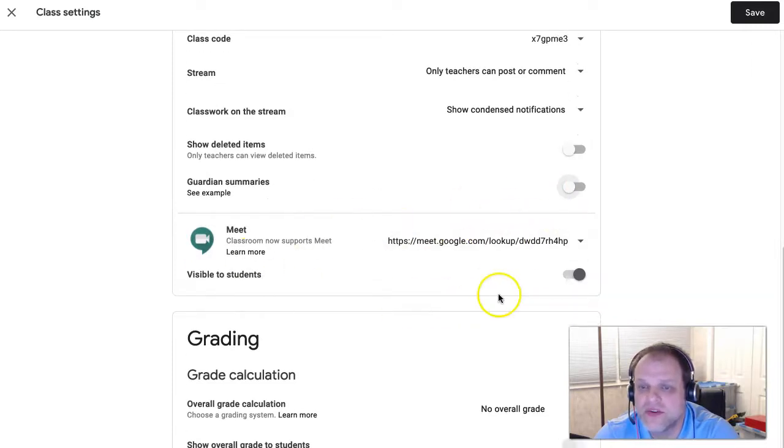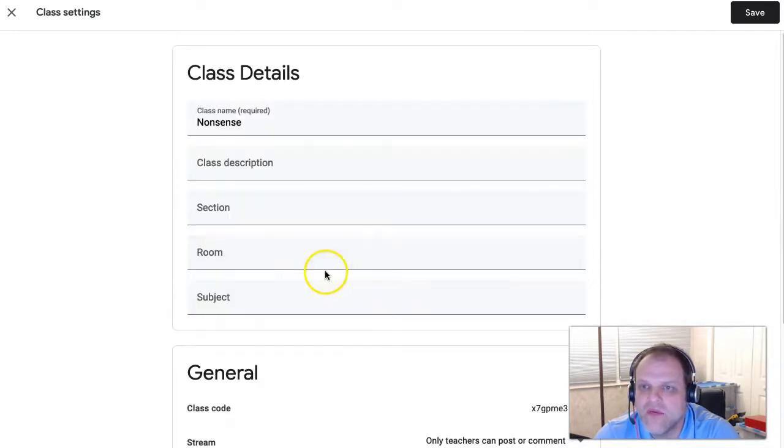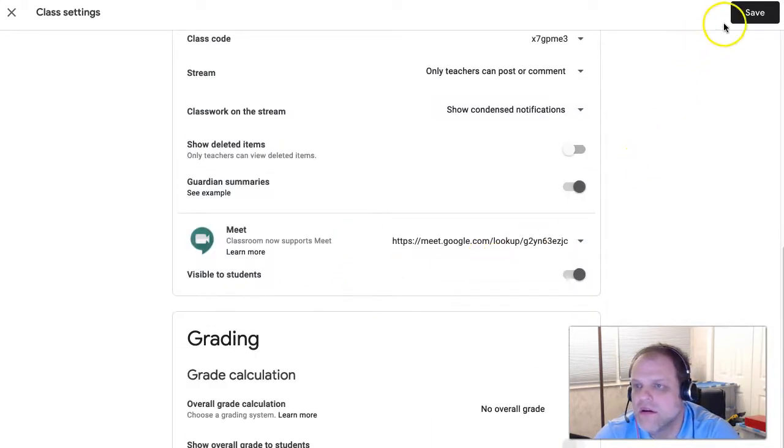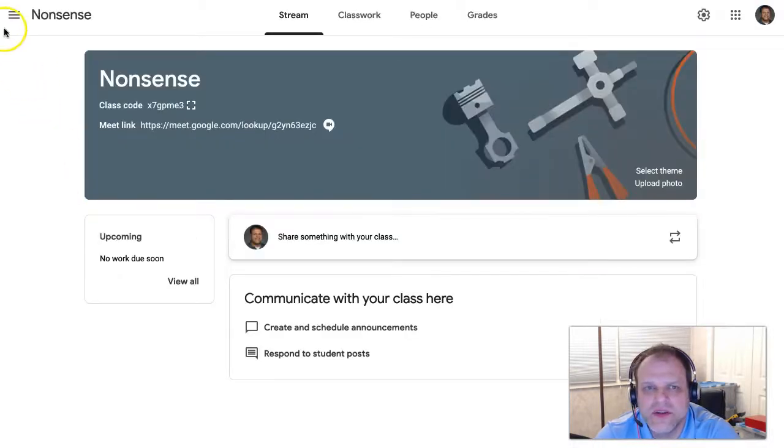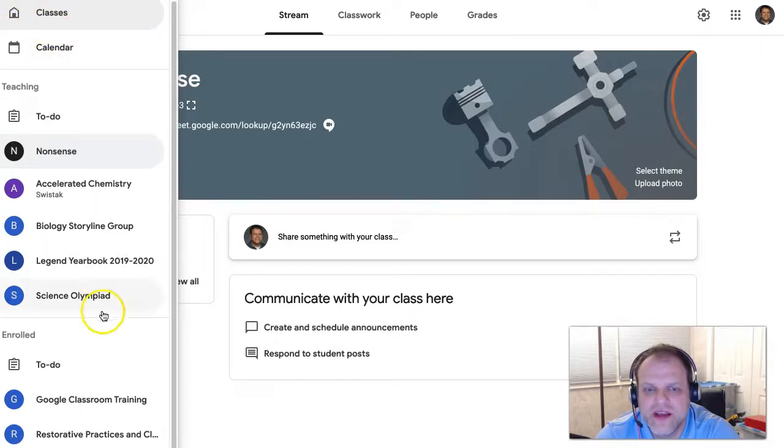Here's another way that you can turn on Meet as well. You can also, I think, reset this so that it's off if you wanted to, and then you can turn it back on again. So again, that's visible to students. And over here, go ahead and click Save there. And there's one more thing that I want to show you, and it's going to be a little hard to see on here, but you're going to click on the little three dots there,